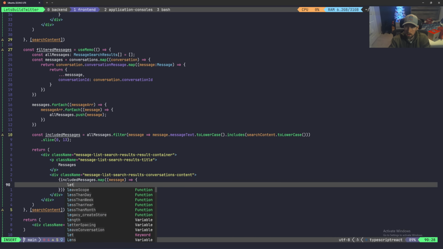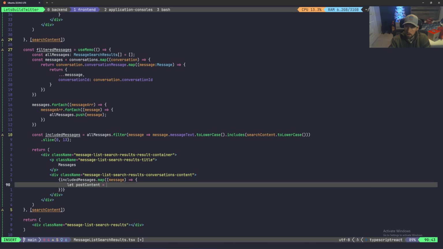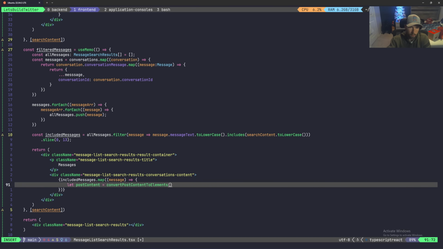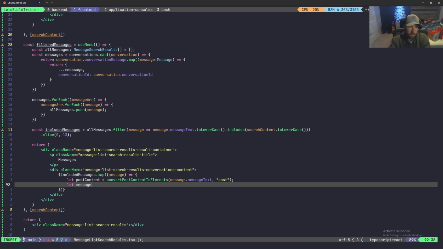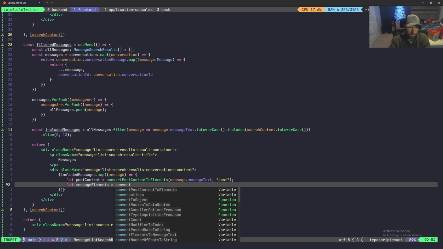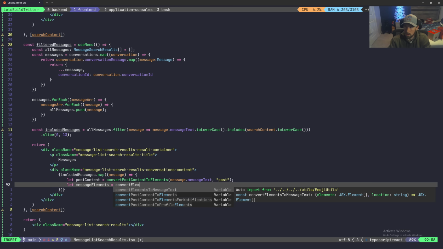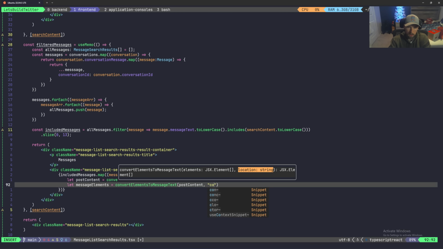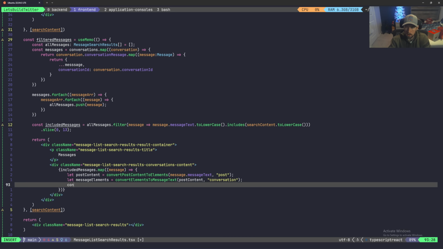So here we're going to say let post content equal to convert post content to elements, passing message.messageText. Then we're going to say let message elements equal to convert elements to message text, with our post content. And then conversation, const conversation is equal to